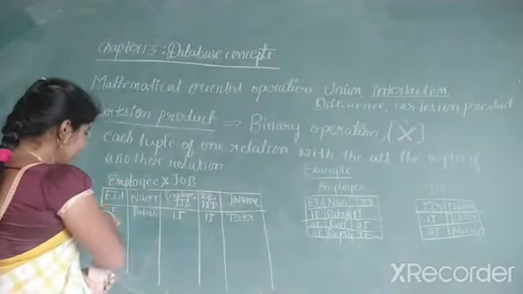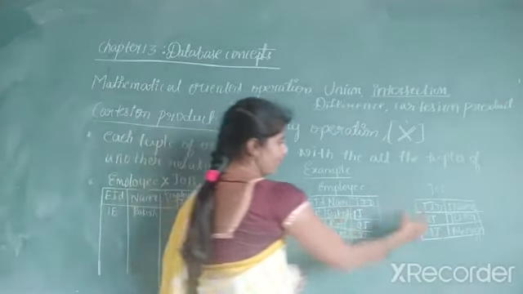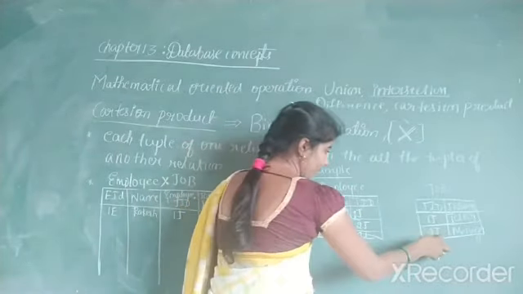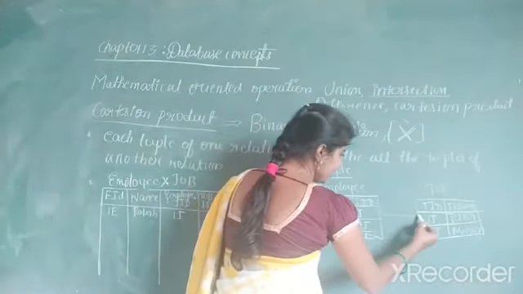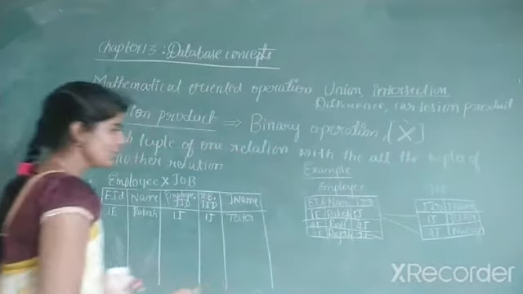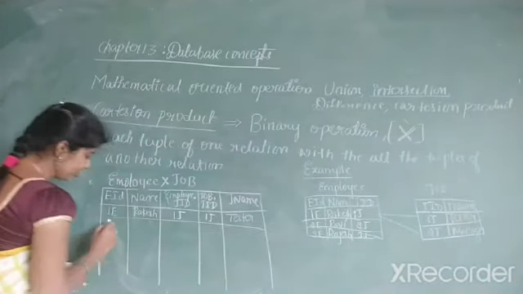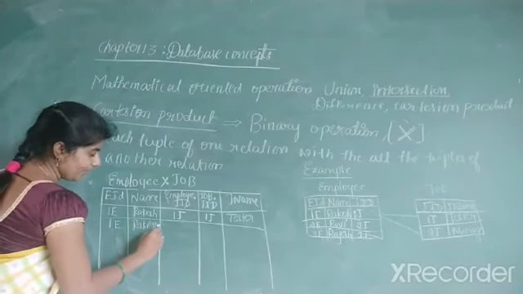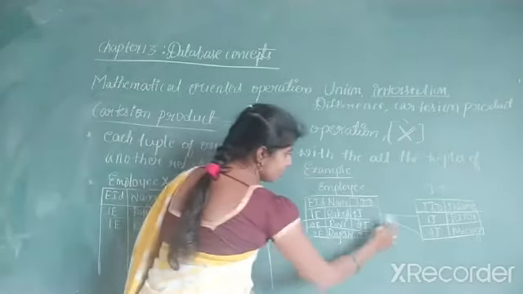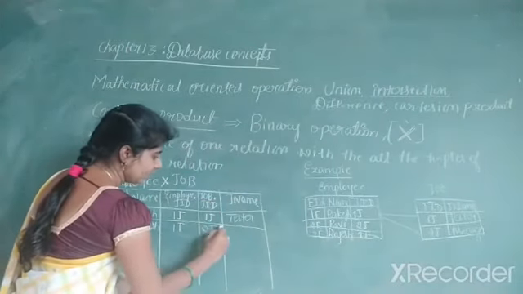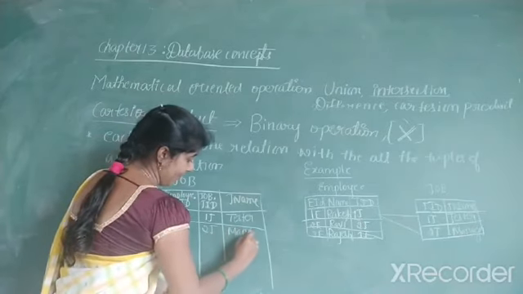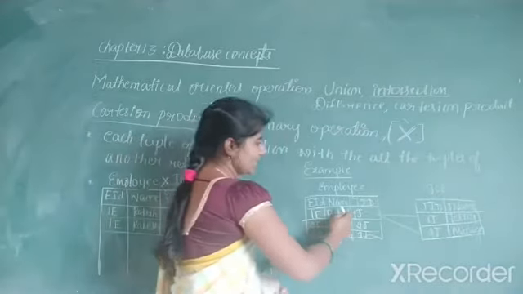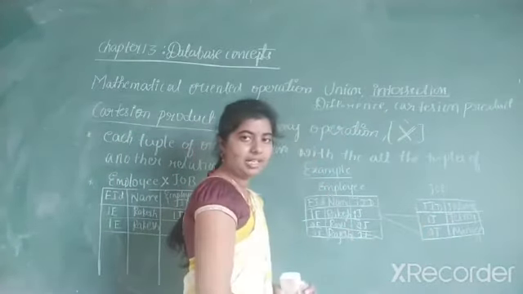Next, when you consider the first tuple of this, it is combined with the first tuple of this. And now again, the same tuple must be combined with the second one like this. First we did this and now we have to perform this. So write 1E, second tuple. 1E, again Rakesh, then job ID is the same 1J, and in this the job ID changes. So 2J, then the name of the job is manager. So this completes the first tuple being combined with all the tuples of another relation.